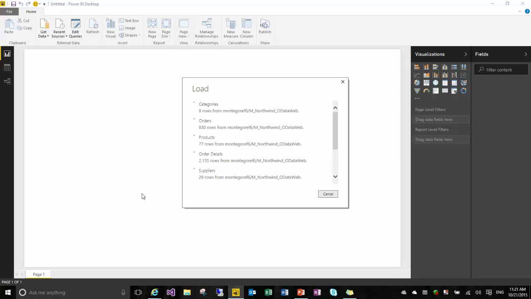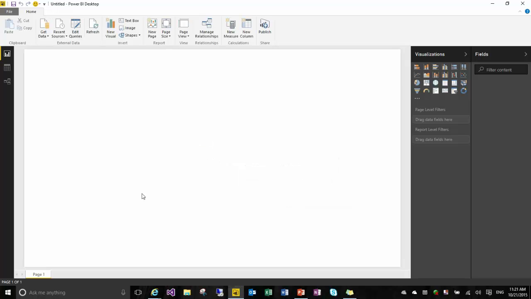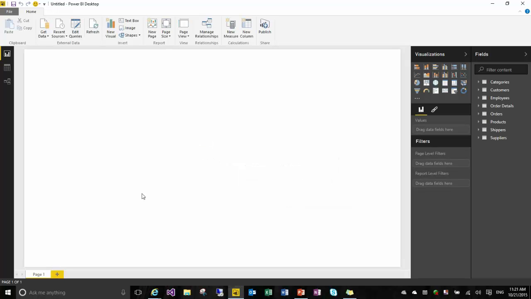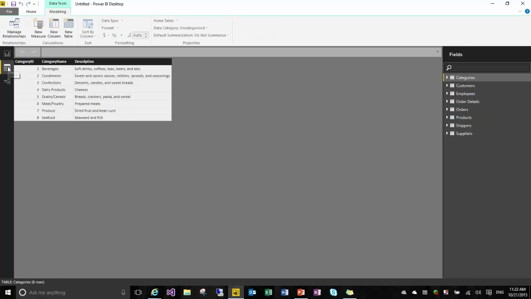So after loading these 7 tables into my data model, I'm left in this main UI surface for building reports, the report view. You see in the report view how we have access to all the tables through the fields pane on the right, and then we have access to visualizations and formatting and filter options within this other pane. I can also switch to other views from the left, so I have the data view as well, where